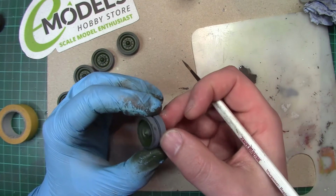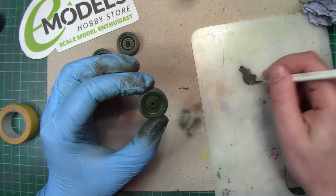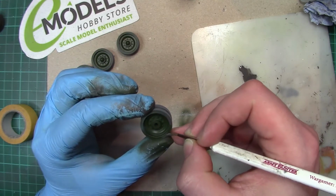And the downside of doing this is you've got to try and figure out where to put your fingers. Stop giggling. Once you've got one section drying off,